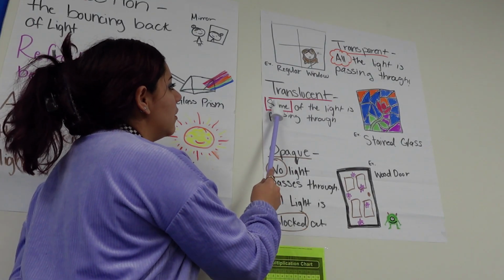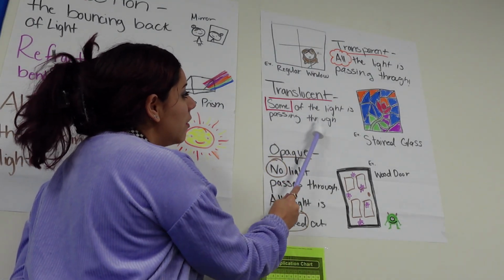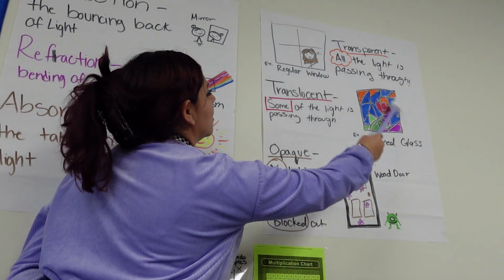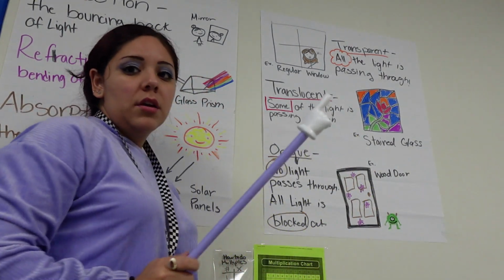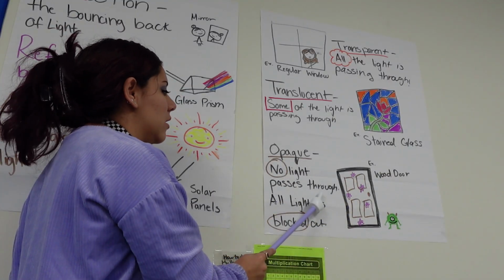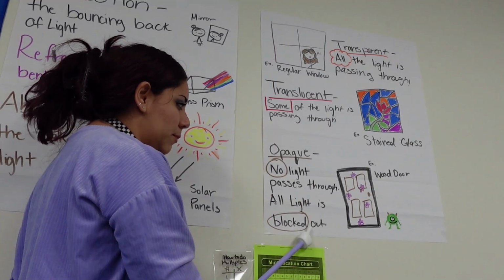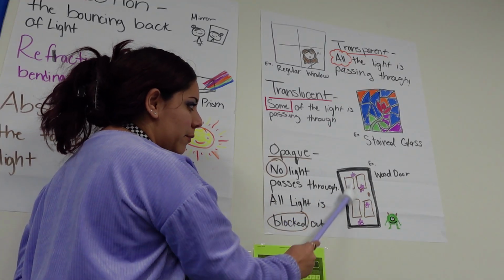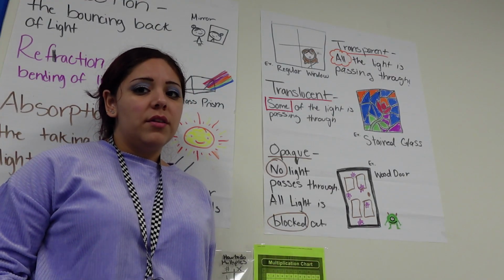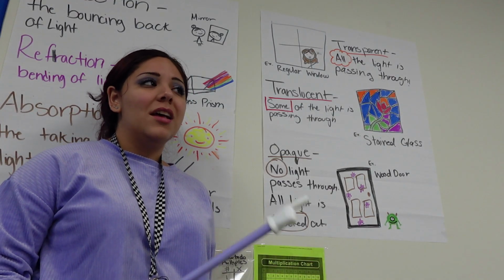If I have something that is translucent, some of the light is passing through. Oftentimes we think of this like stained glass. If I have something that is opaque, no light is passing. All the light is being blocked off. So for example, if I have a door,